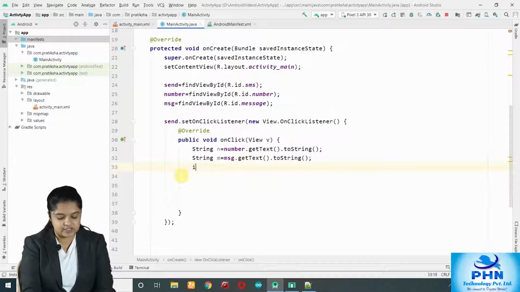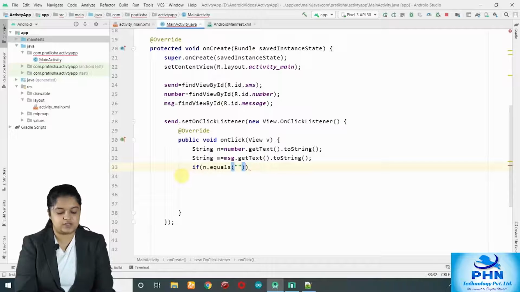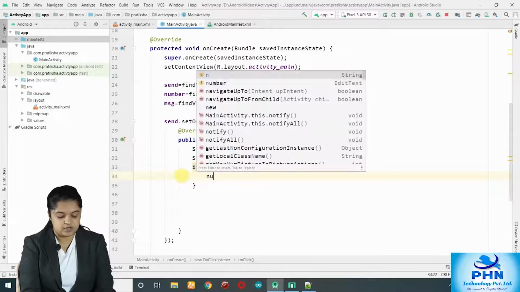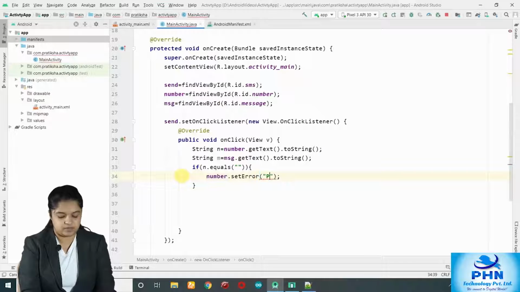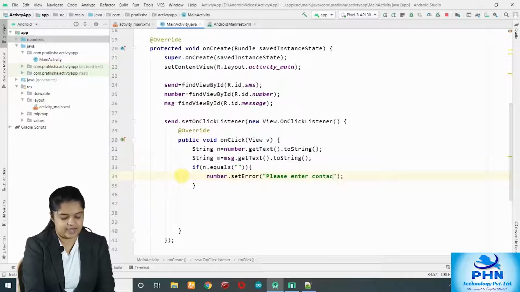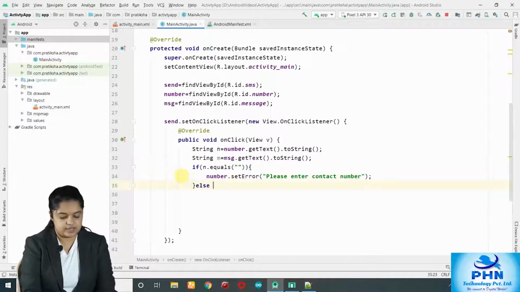You can apply the validations. So if n dot equals blank, means user has not entered the contact number. So we will set number dot setError, please enter contact number. Okay. Else if